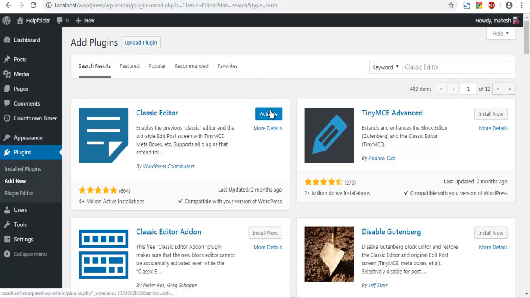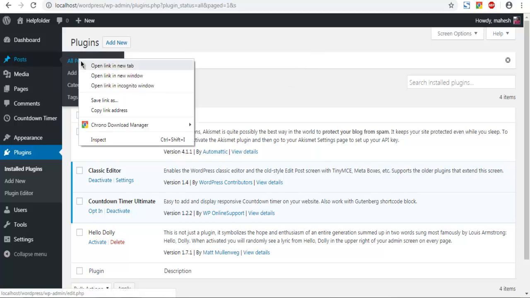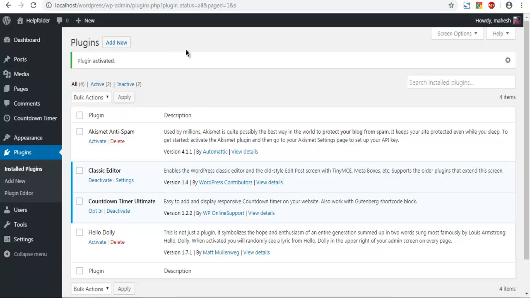Okay, so click on activate. So let's wait for that. Now that Classic editor is activated, go to your posts, click on all posts,